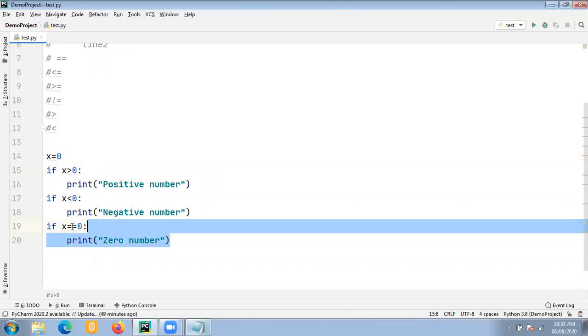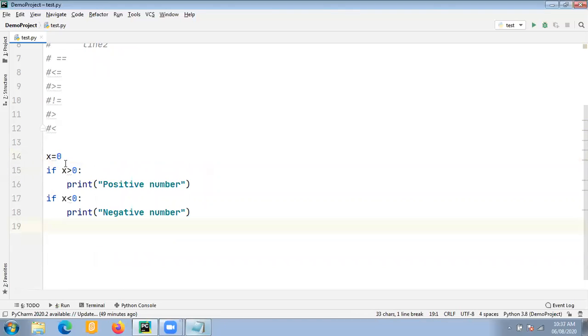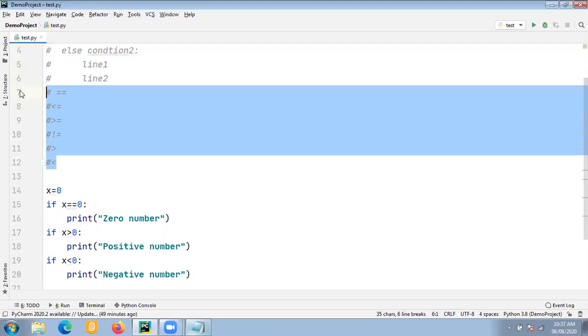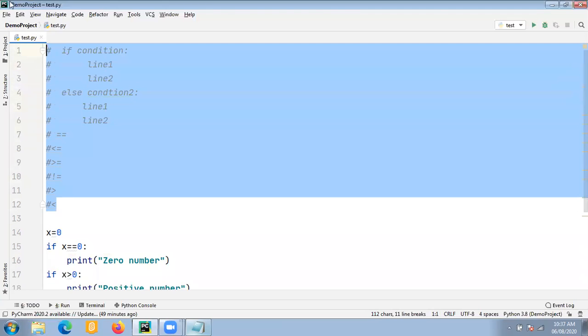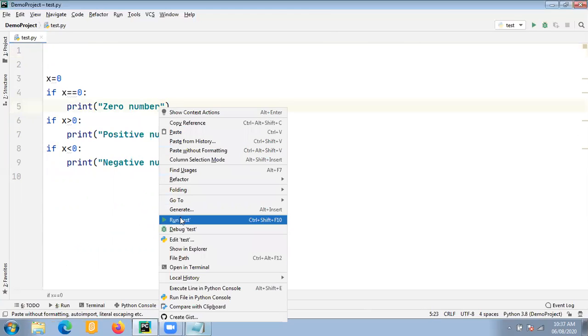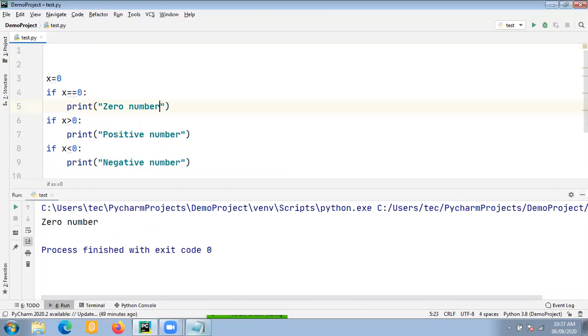But what happens if I cut this one and paste it here, so this is the first statement? Okay, right now, just remove this one. I need some space here. So just remove this one. Okay, now right now x is equal to 0. So this output 0 number is printed first. So check out the output is 0 number. But